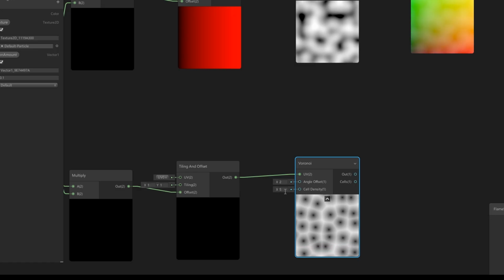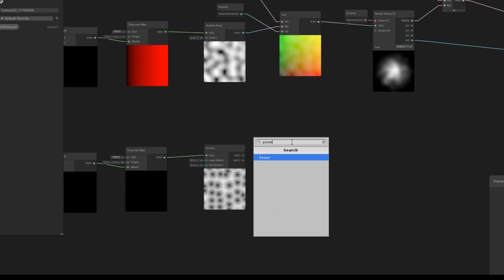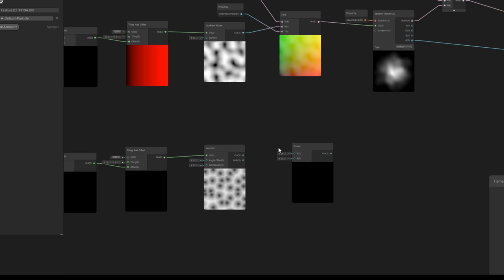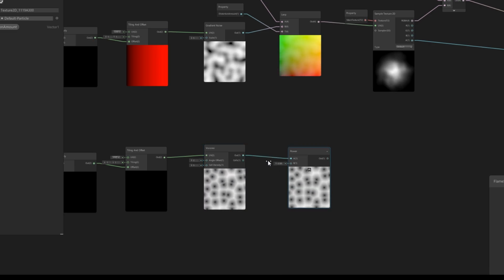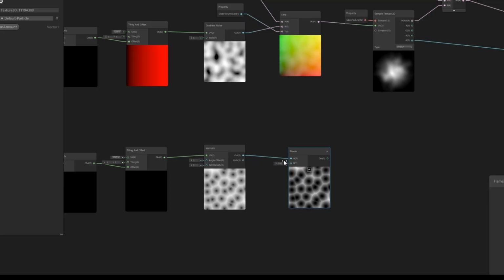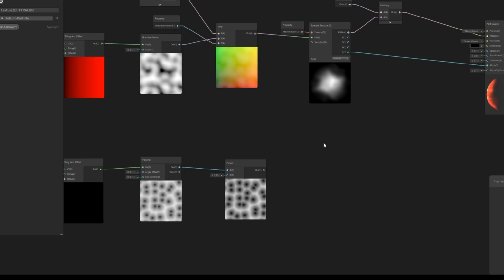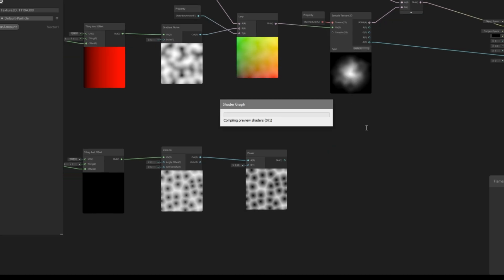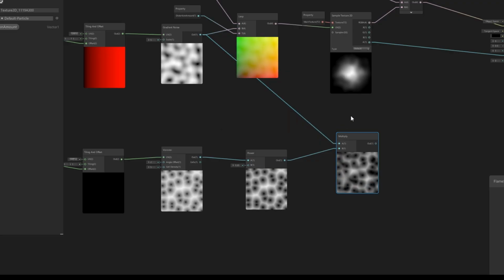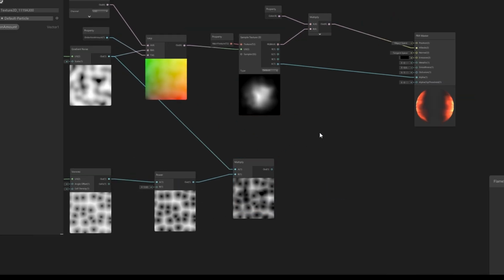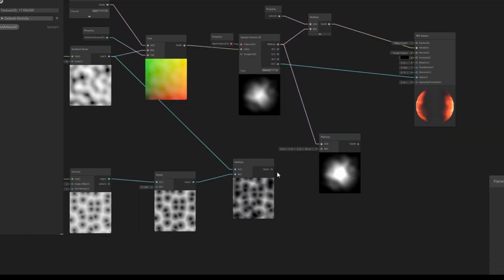Alright, looking good. And since it's a dissolve, we need, for example, the power node, where we can connect the Voronoi output to the A input of the power node. And this value will give us control of the dissolve amount, which we will make public in a few moments. Now the fun part is that if we multiply this power node with the gradient noise, like this, we will get a very nice effect that we can also multiply with our main texture,